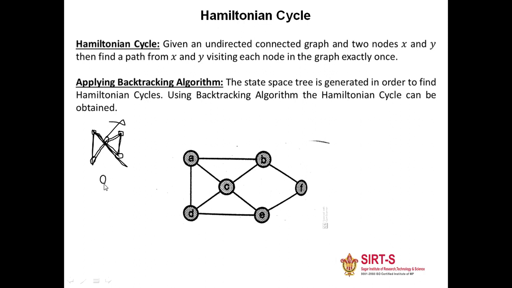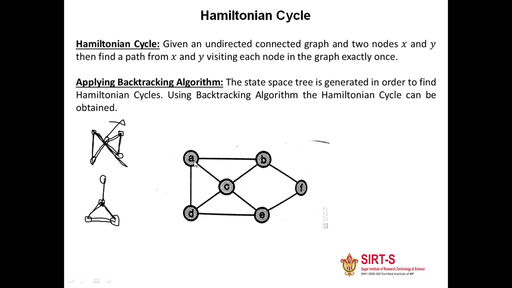Now let's see if we have a graph given like this one. Does this graph contain a Hamiltonian cycle or not? We'll start from here itself, move to here, here, and here. Again we see that we are not able to come back to here itself. If we want to come back, we'll have to traverse this intermediate node twice, and that is not the definition of a Hamiltonian cycle. While coming back, we have to make sure that each vertex is traversed only once.